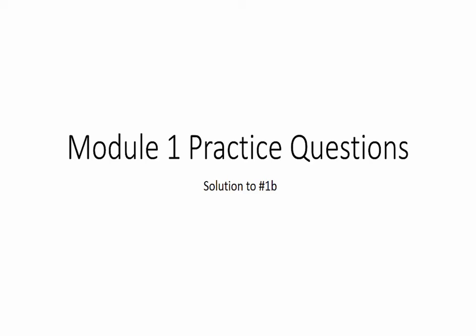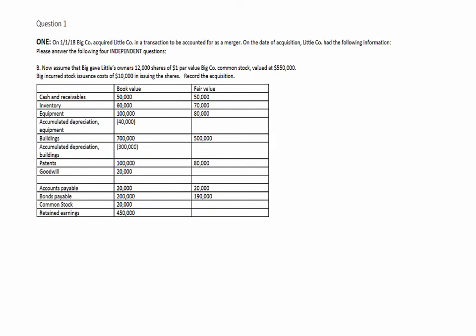Okay, part 2. Let's go ahead and go through the solution to homework 1b. 1b is just like 1a. The only difference is that instead of paying cash, we're giving shares of stock to the previous owner of Little